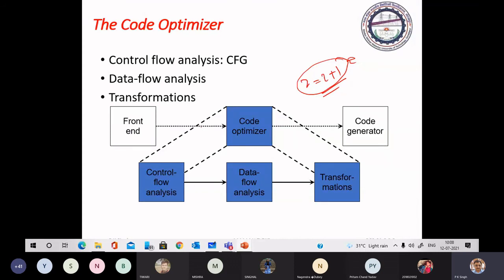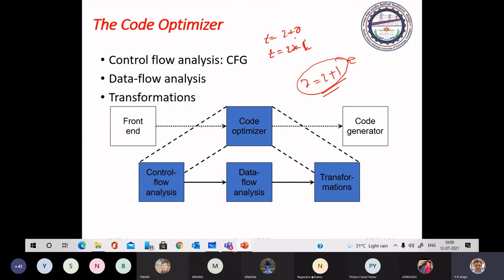We look at the code and optimize it. Suppose your 3 address code is generated like this: t equal to I plus 0, or t equal to I into 1.